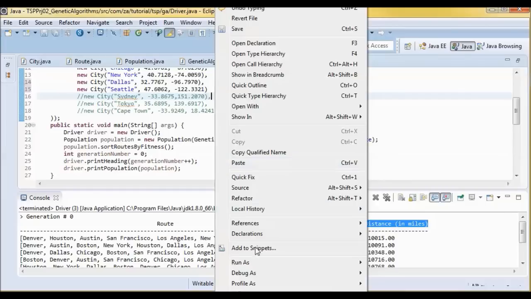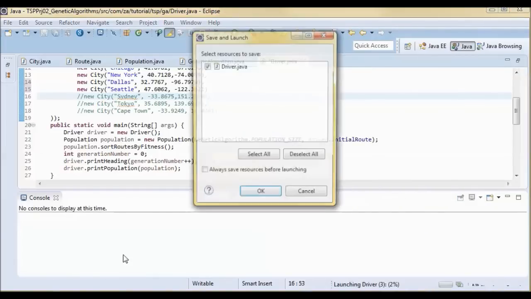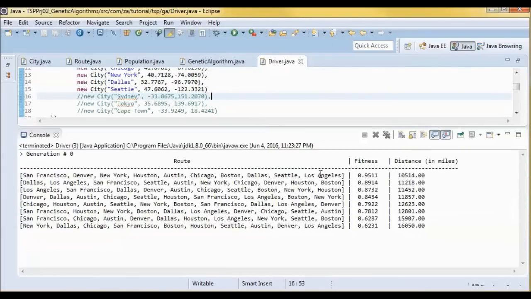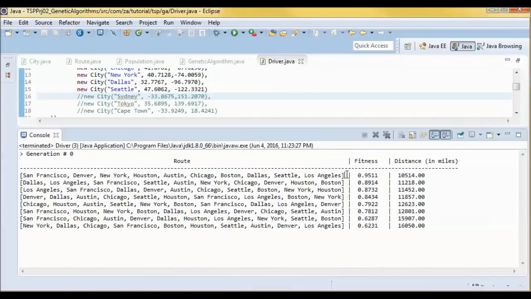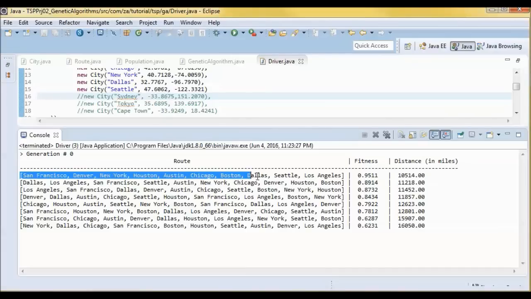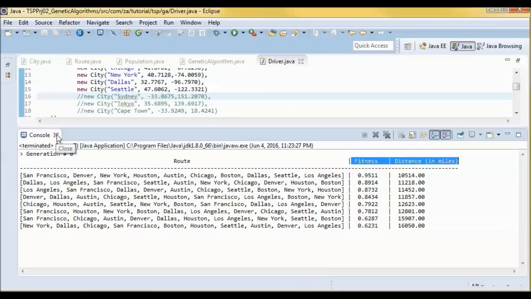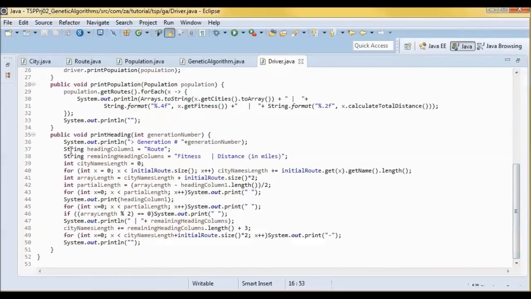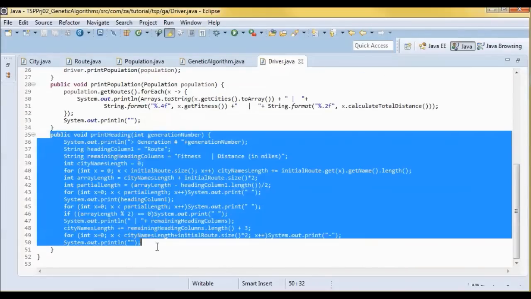And run it again. And it is able to handle it. So only the size of the route column would change by changing the number of cities. Those two would stay the same. And this is what this method does.